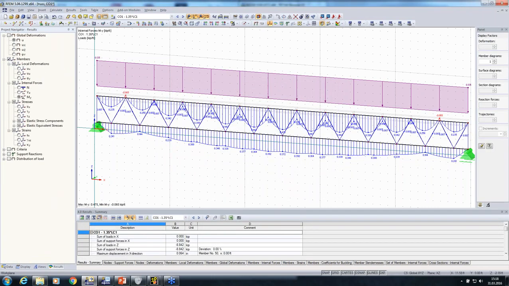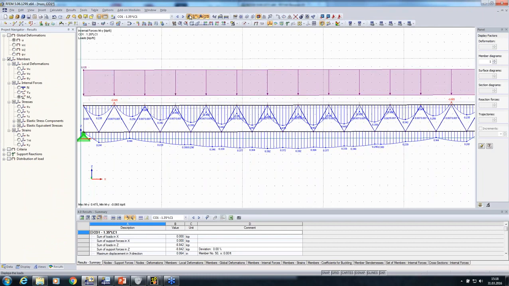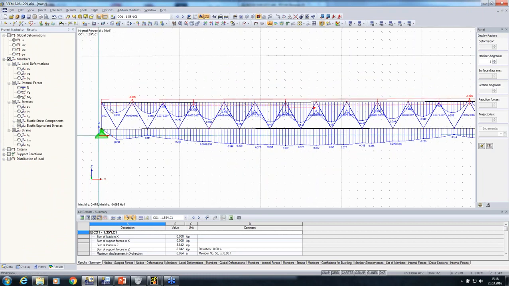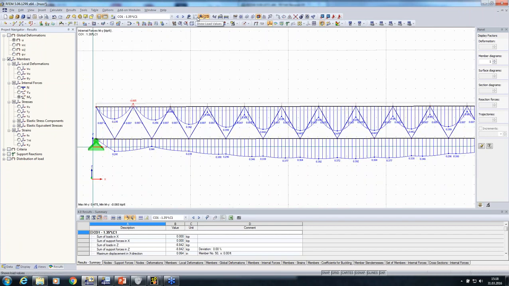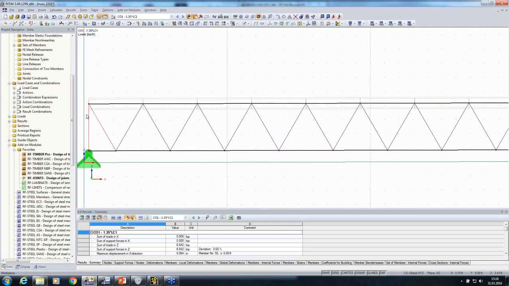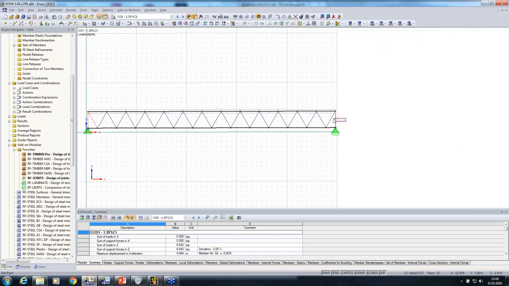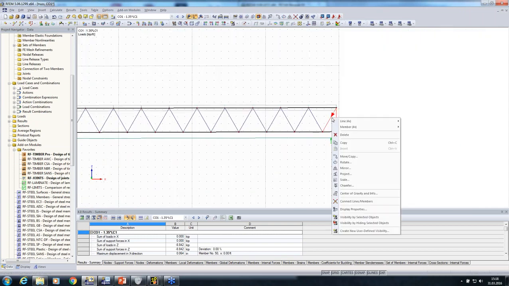If you look at the structure right now, it is like we all learned in school. We have the moment where you have some kind of support here, the negative moment, and here at the end the moment is everywhere 0. And now when you change that with regard to some stiffness that is assigned here due to the connection,